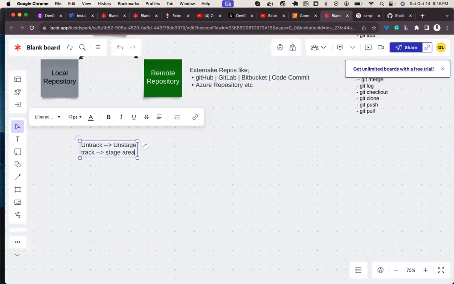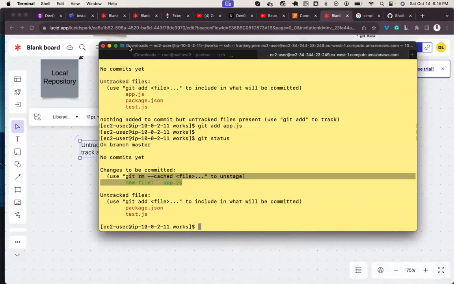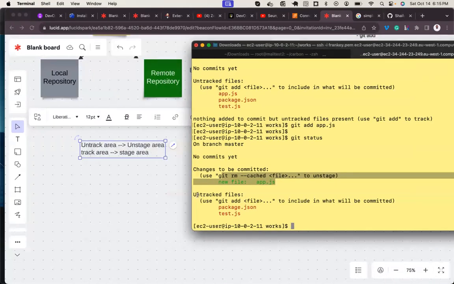We call it the staged area and the tracked area. The untracked area and the unstaged area. So it's either language, right? These are untracked files, unstaged files. These are tracked files or staged files.